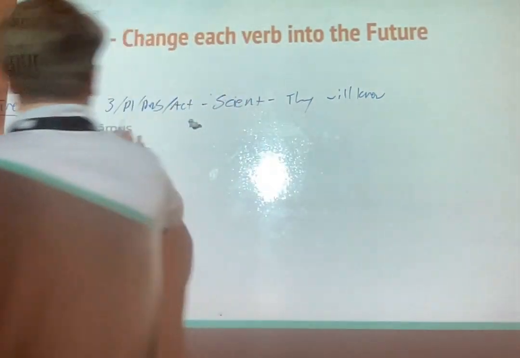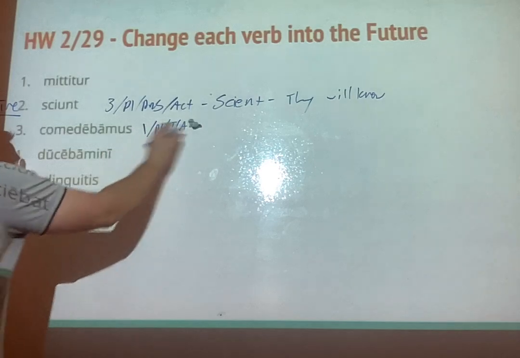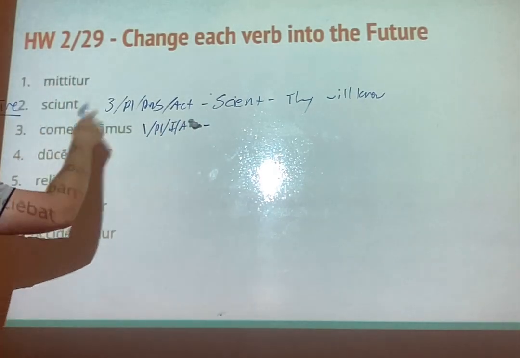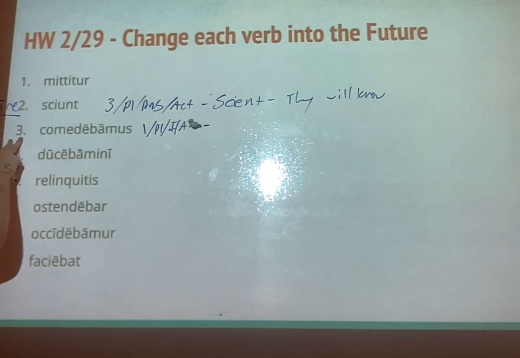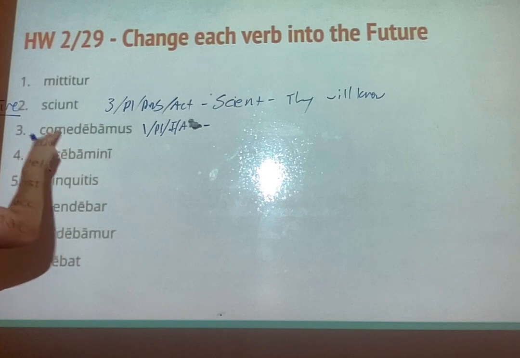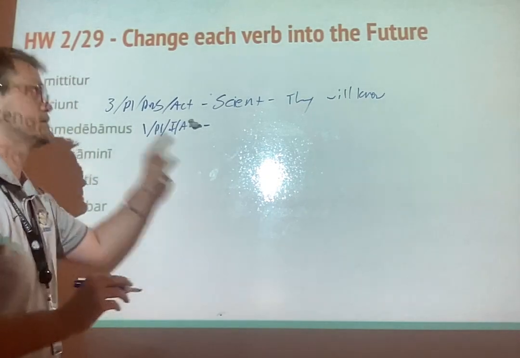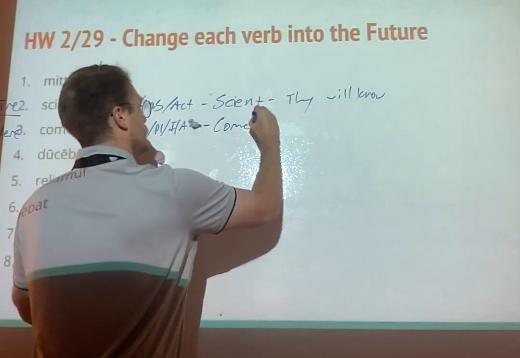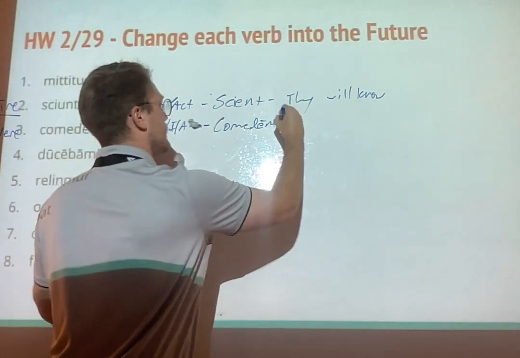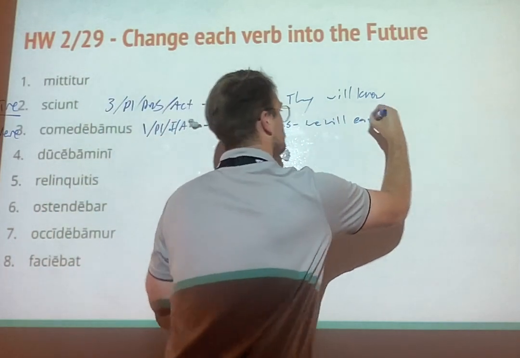All right, so you were right. It's first person plural, imperfect, active. Good. Now, how would it look if this verb changed to the future? The only way that you know what future ending it's going to take is if you know the verb's infinitive, which tells you the conjugation. Its infinitive is comedere, which means it's what conjugation? Third. So this is third conjugation, so it takes ēs, et, ent. How's it going to look here? Comedēmus. There you go. And that's we will eat. Very good.